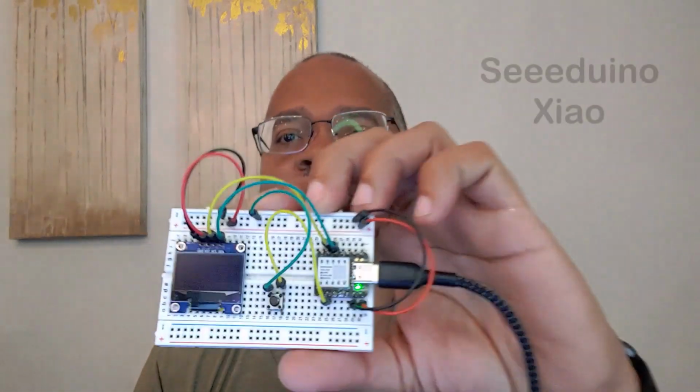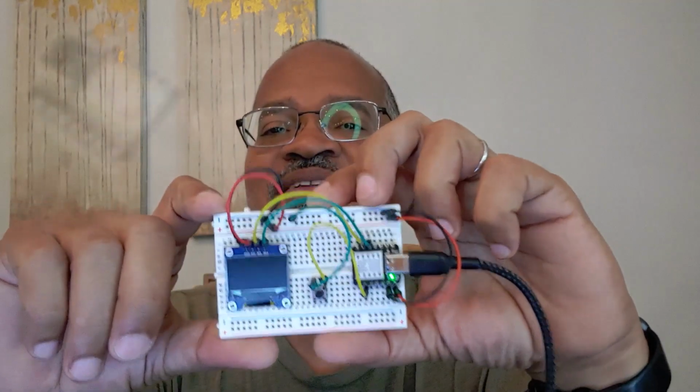Hey guys, for this trek into DIY tech, it's going to be something slightly different. I need to tell you about something that happened to me with these Arduino Xiao. We were working on a project where normally I use the Arduino Nano for everything. This has been really good. It's small, you know. I started with the Uno, then I got to the Nano, and these things have been really nice. And then the Xiao came out, and then on Amazon, as always, they pop up with